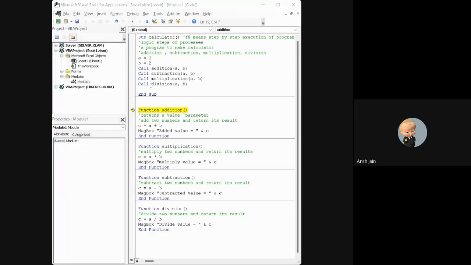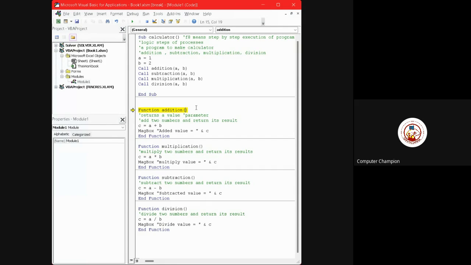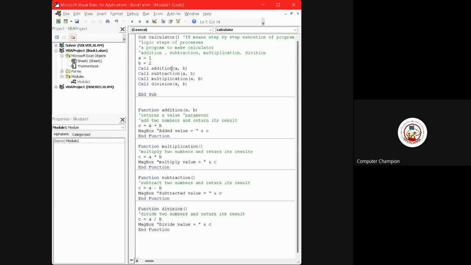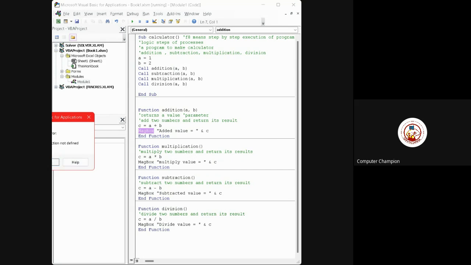But I didn't add the parameters a comma b in the addition as well. Okay, just put A comma B there. And just try to run the function again. You have to start from the subroutine. Yes, F8, F8, F8, F8. Why?